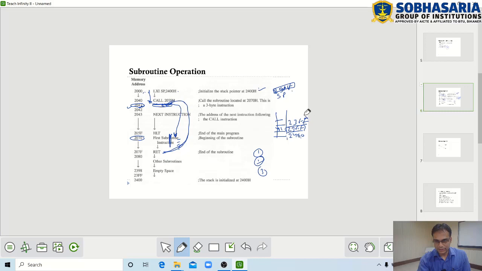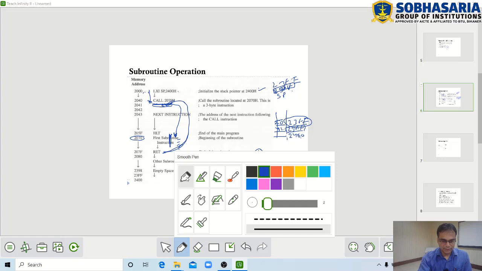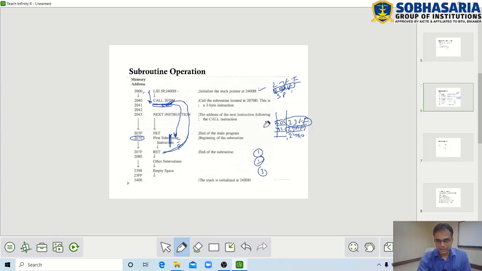In the third step, the stack pointer gets decremented again, it becomes 23FE, and this data 20 will be pushed here. So 20 and 41, 2041 is loaded into this stack, or we can say 2041 is a 2 byte data which is pushed inside the stack, right?